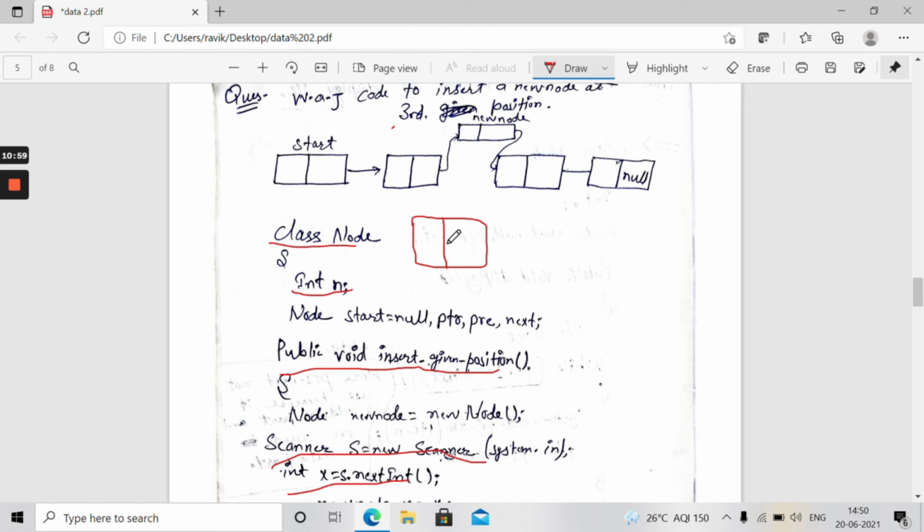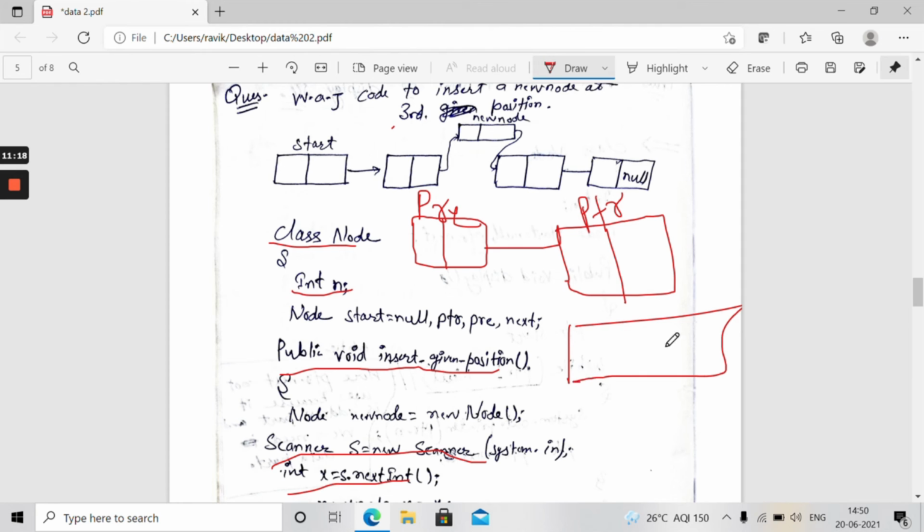This is pre and now this is ptr. And this is our new node. I just declared n. n means new node. This is our new node, and it says to ptr that I want to connect with you to that side, and I want to connect with you to that side, like that. You can just imagine.